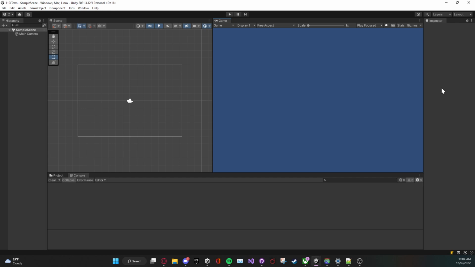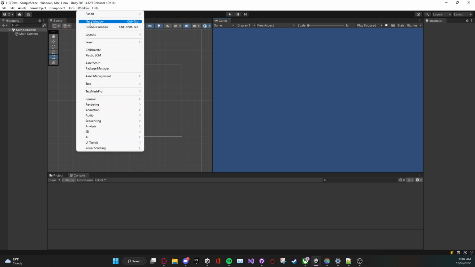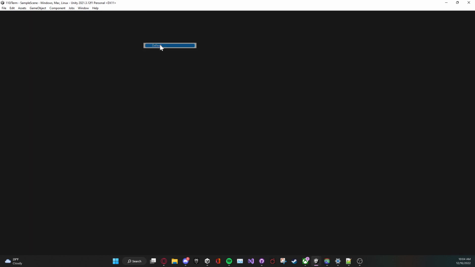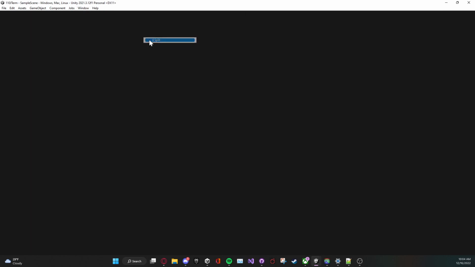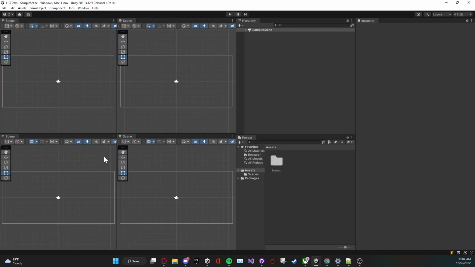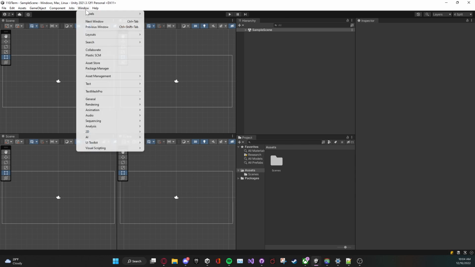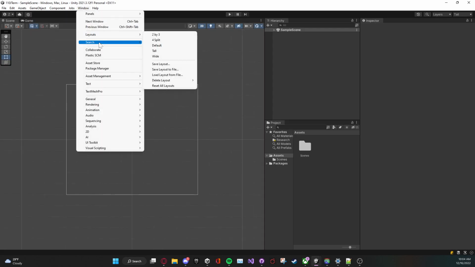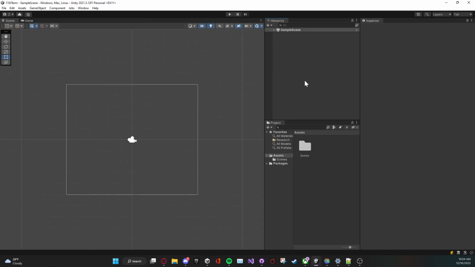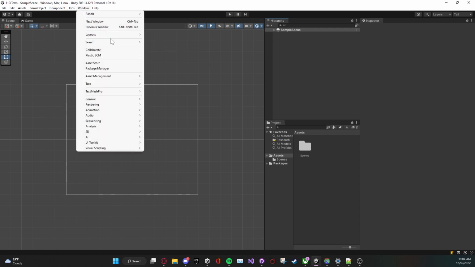But yeah, that's kind of the gist of the actual layout. Now, if you ever really bork up your layout, you can go to window up here, layouts, and they have a bunch of presets for you, right? So we can go for split, where you can see different. In 2D, this isn't very useful, but you can have tall, there's all kinds of different presets. So if you ever lose things, you can reset it very easily that way. Now, I'm actually going to go back to that for split